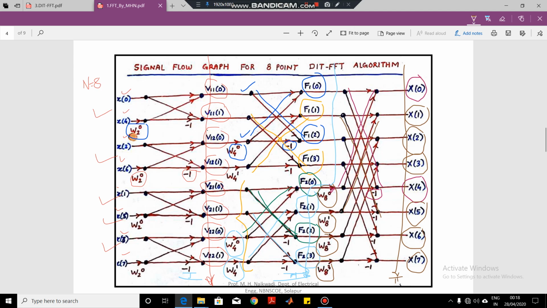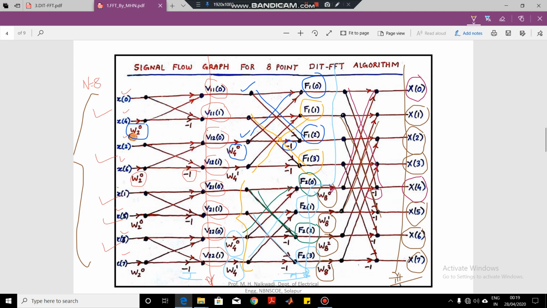So when we are having an 8-point sequence, there will be 3 stages. When we are having a 4-point sequence, it will be 2 stages. And when we are having only a 2-point sequence, it will be only 1 stage. So as the number of input samples increases, the number of stages increases. Since in an exam we are normally given an 8-point sequence, that's why we are seeing it here for 8-point DIT-FFT. So remember, an 8-point DFT has 3 stages.